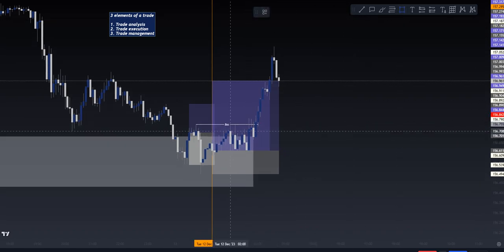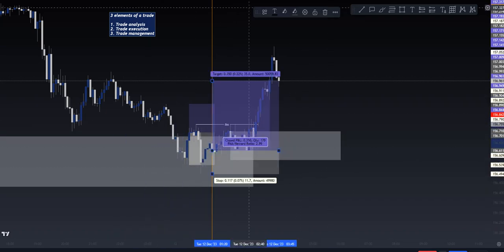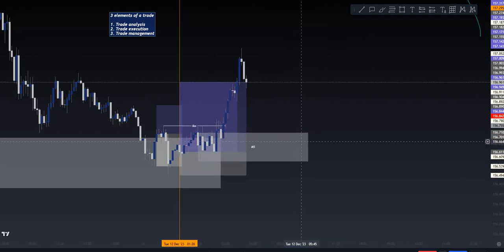And what I can do with that is look at the deepest move down before that move up. This entire impulse here is a strong move. That move started here with this white candle. This white candle right there is what started that move. And this is what I would wait for as my next potential opportunity to get into the market.